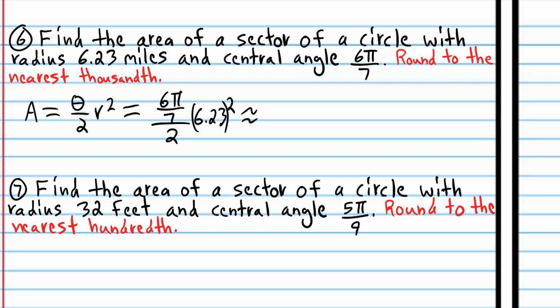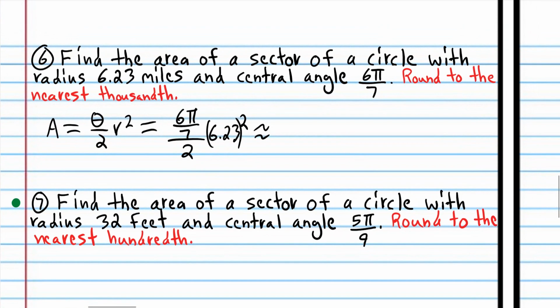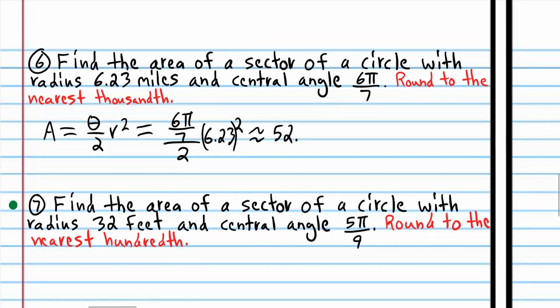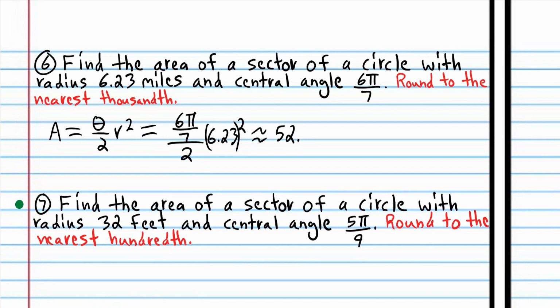Now if you're having trouble entering this into your calculator, that's okay, because everybody has trouble entering this stuff into the calculator when they first use it. You'll get used to the calculator as you move along through the curriculum. So don't worry about that. It says round to the nearest thousandth, so we should have 258, and that is square miles,